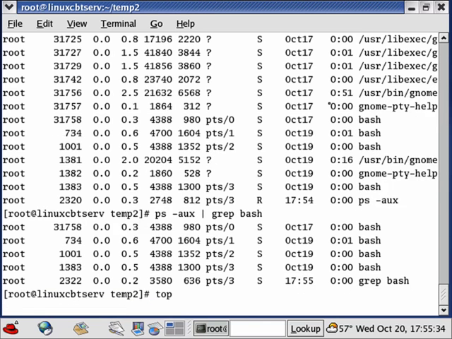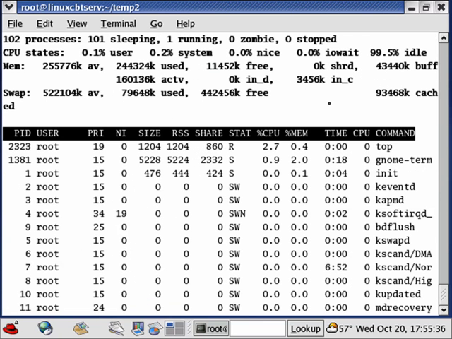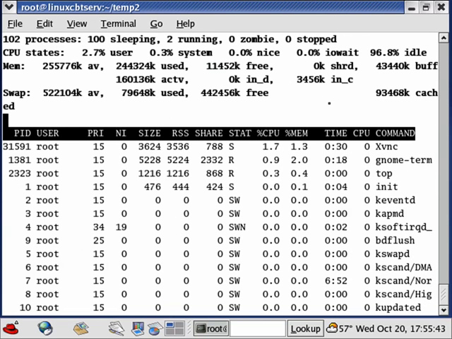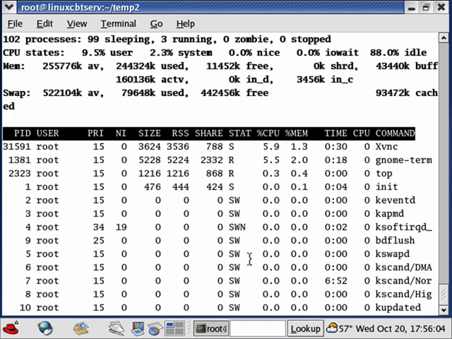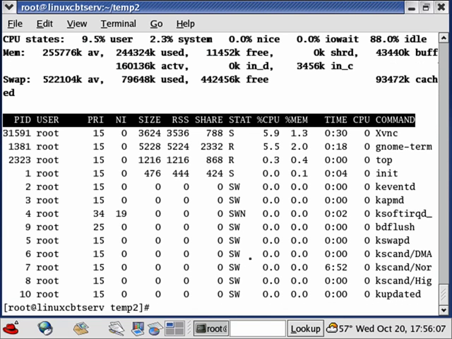There's also the top command. Now typically you don't use top from within a shell script, but it is a nicely presented picture view of your current process listings, as well as memory, as well as swap, so both virtual and physical memory usage, CPU usage, and the most common processes. And you can tab through the processes that are running on the system, you can refresh it, etc. This is a nice snapshot of what's going on currently on your system. You typically don't run top from within a script. You're more likely to run ps because ps will dump the output so that you can manipulate it,